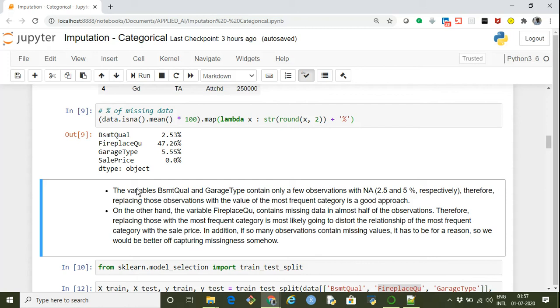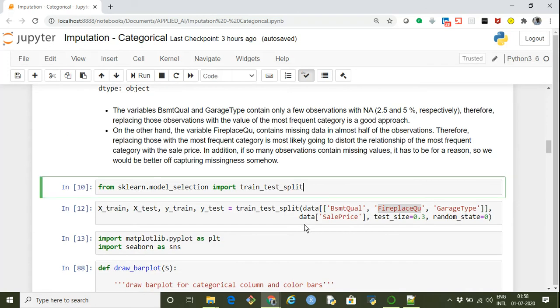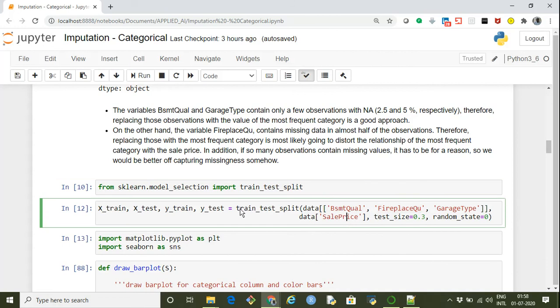So we have to follow a different approach for the fireplace quality, whereas for the basement quality and the garage type, we can follow the approach of replacing the missing values with their respective most frequent values.